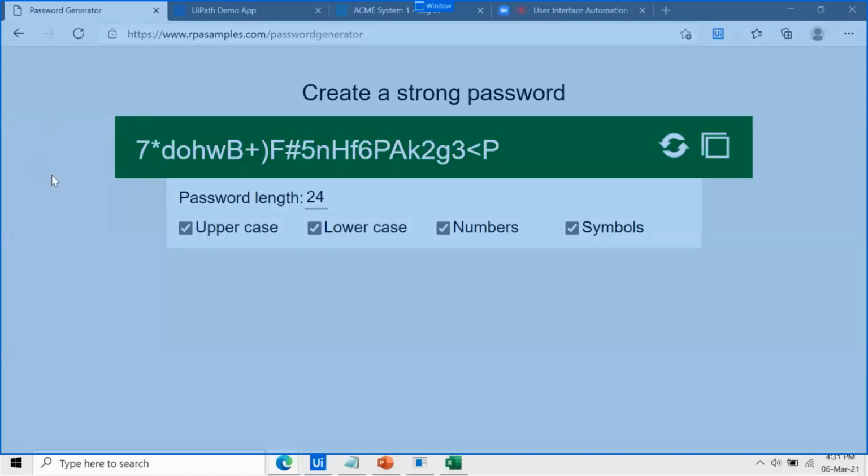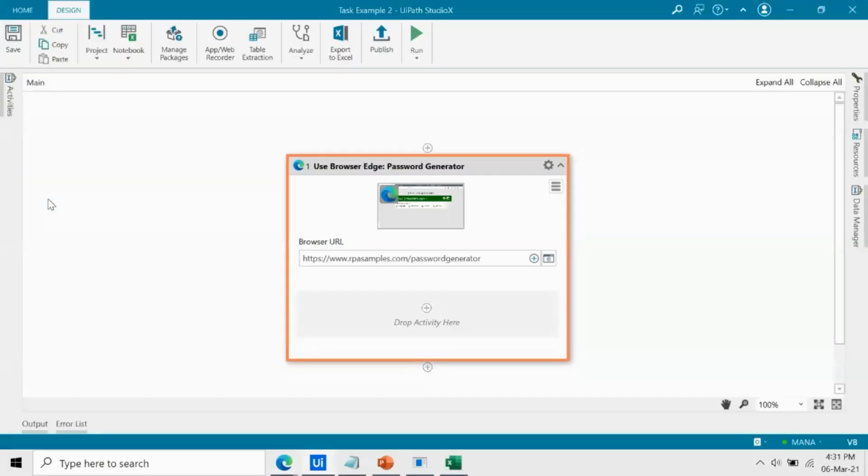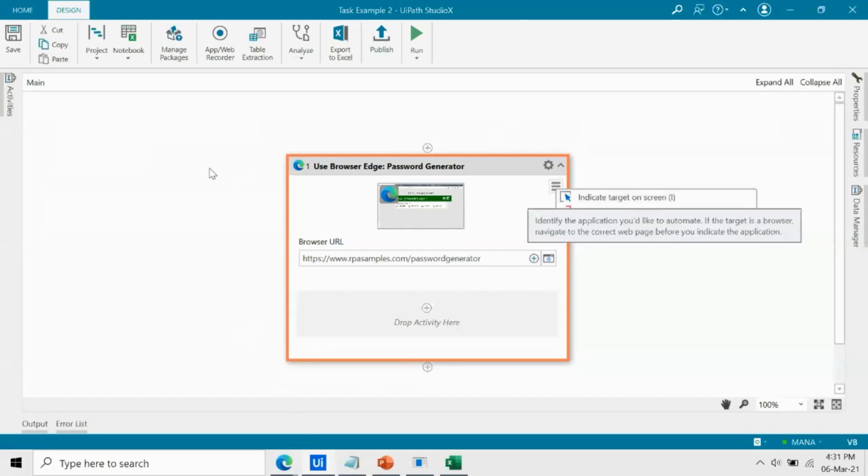So this is the F2 functionality, and since I have switched the application, I can indicate in the right way itself. Okay. So in case you do not have any applications opened in the foreground, you can press F2 and then switch the applications manually. Hope it answered your query.